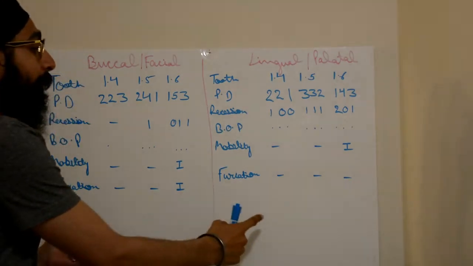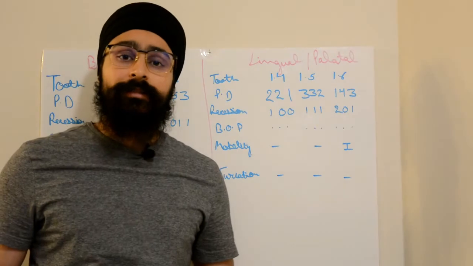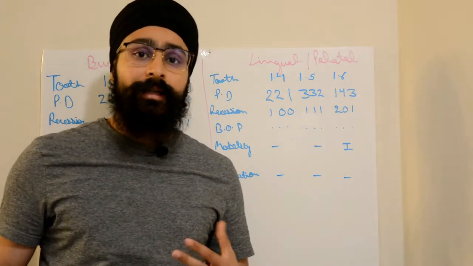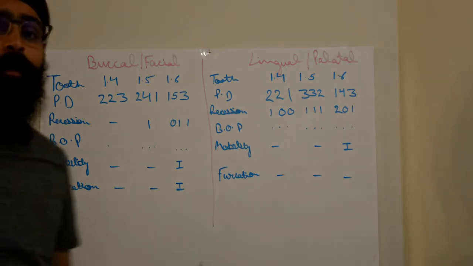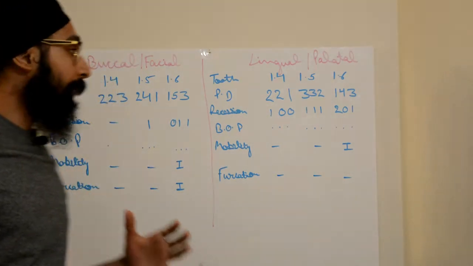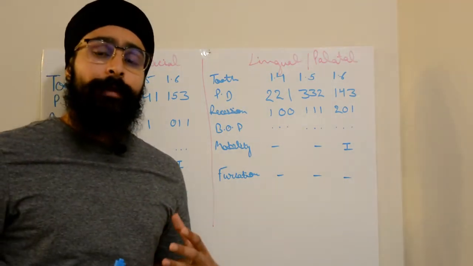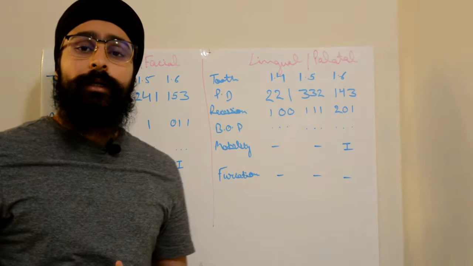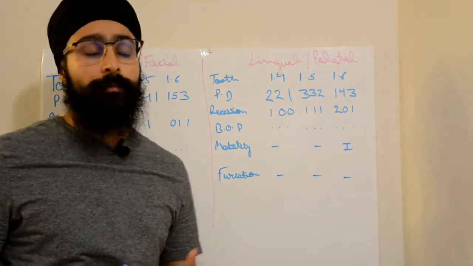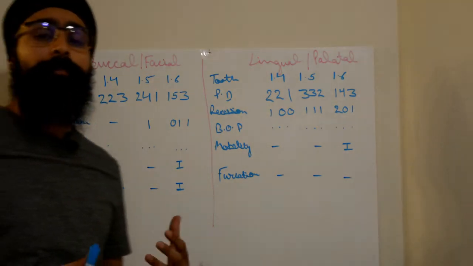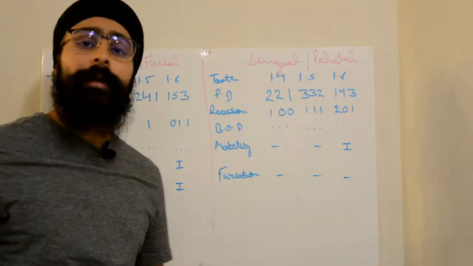Friends, this is a sample of a perio chart. Whenever you get a question from periodontics in the ACJ exam, in the additional information, you always get something like this. This represents the condition of the periodontium of the patient in question. When you are given such a perio chart, you are asked to come to a diagnosis based on this perio chart and maybe some other additional information that is given alongside it.